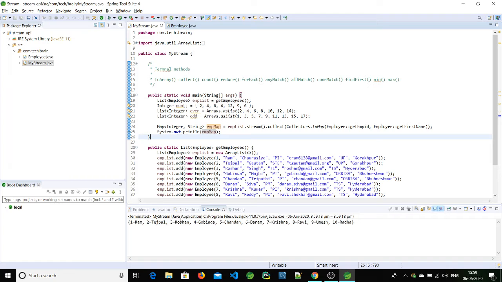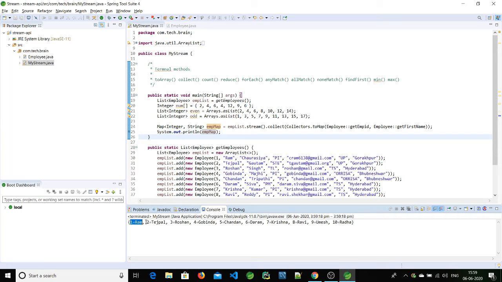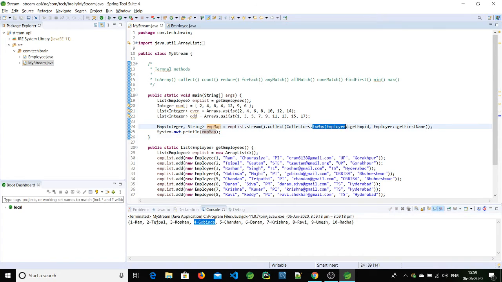So here we can see that it is giving all the employees in key and value pair format. A map object that has all the employees as key and value pairs. So we can convert a list to a map by using this toMap method by specifying the key and value.